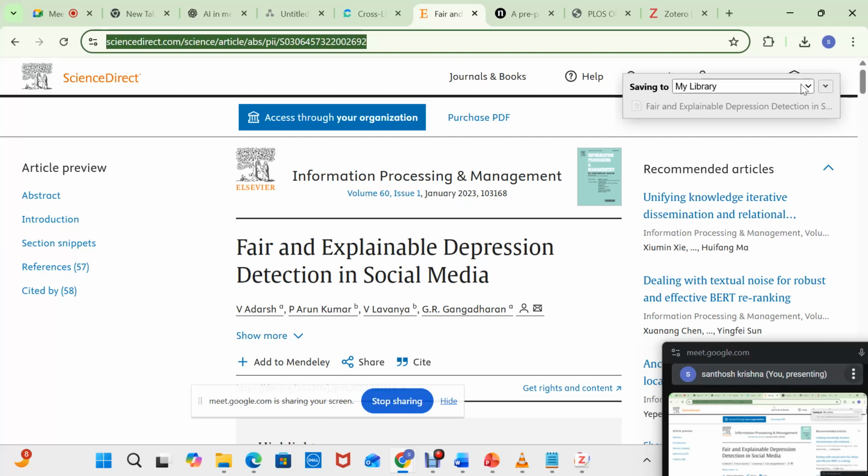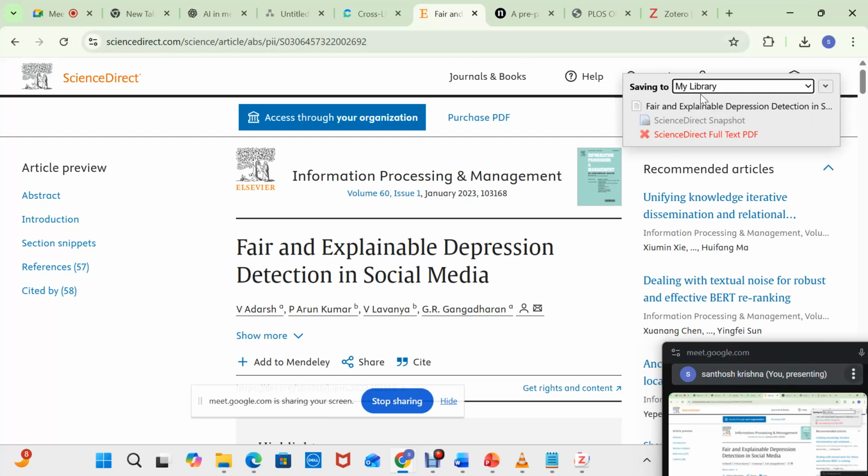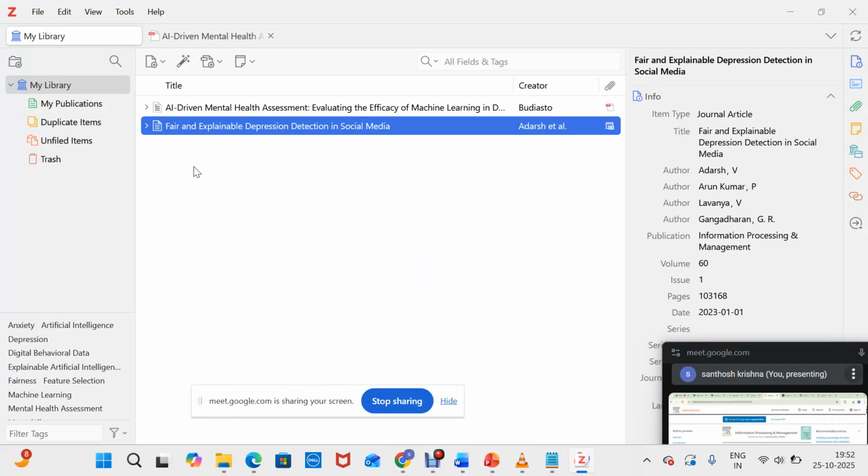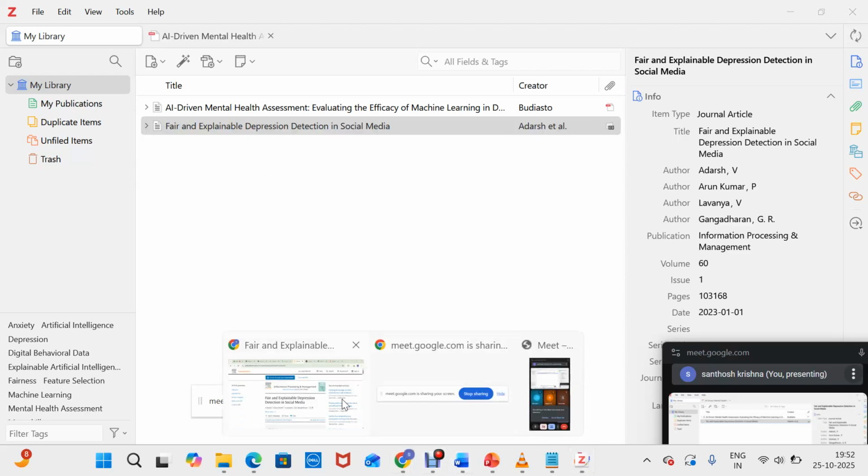Once you double click, you will get the option to save into my library. Saving to my library. Done. The paper has come here.